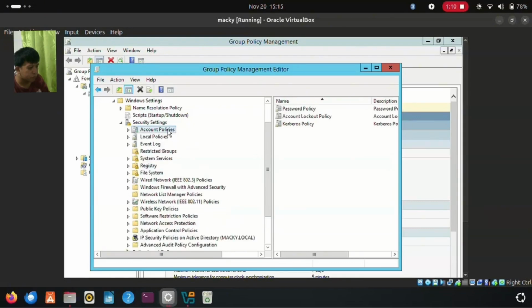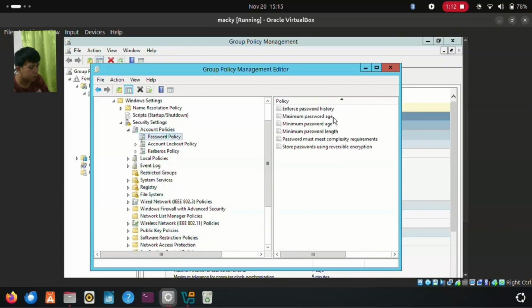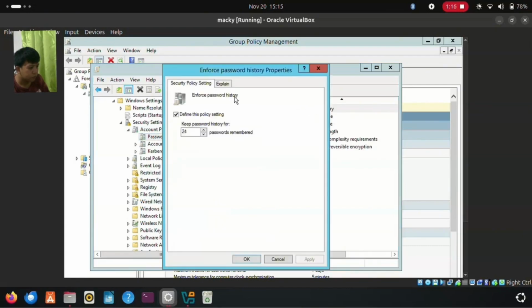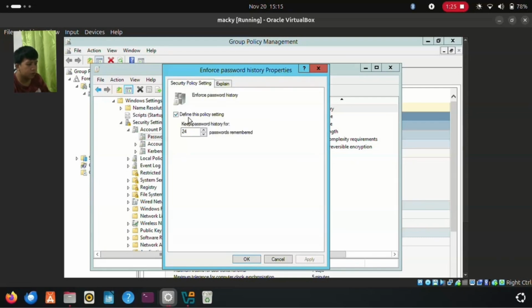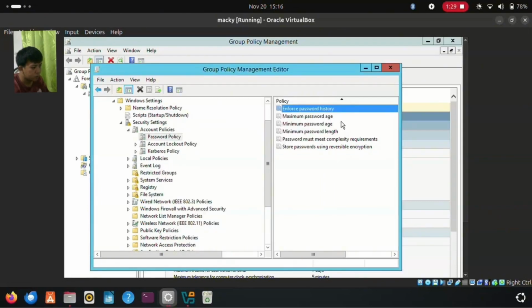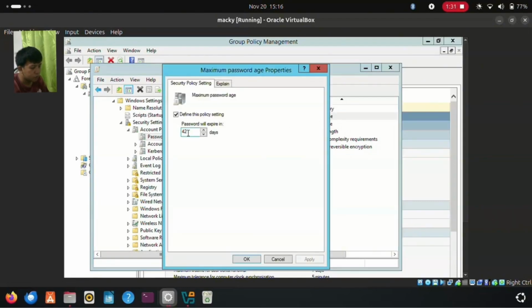Dito naman mag-edit tayo sa password policy. May mga enforce password, then minimum. Pero unahin muna natin yung enforce. So pwede nyo naman gayahin yung ilalagay ko dito. Then sa maximum, lagay na lang natin 50 days. Yan, okay na yan.